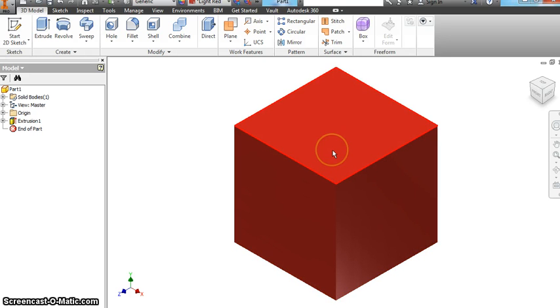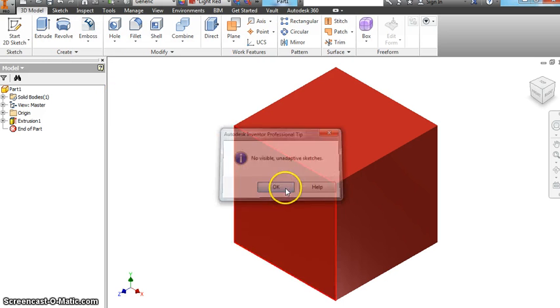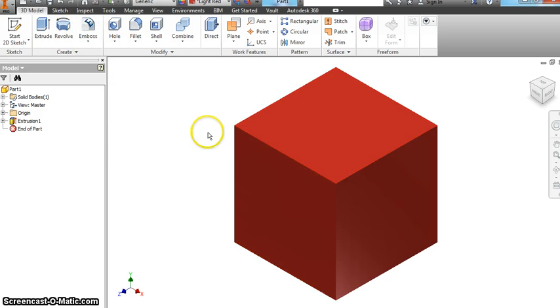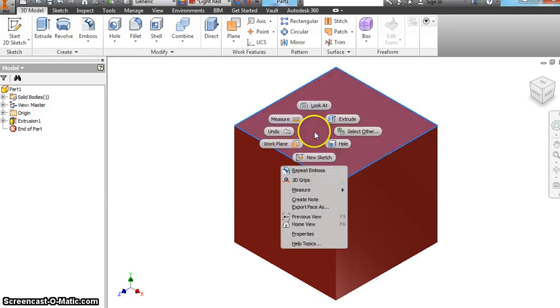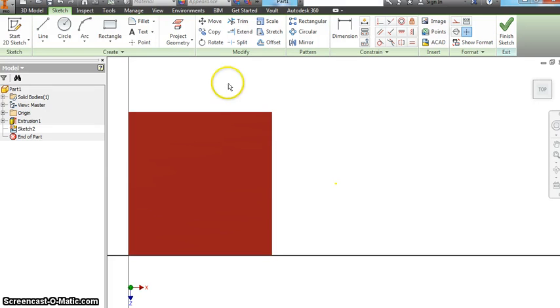Let's learn how to use some of this 3D text. The first thing you need to do, go from sweep and change that to emboss. Okay, that's going to say that for later. We're going to emboss it. Right click on the top of the cube, choose that as your new sketch, and let's put some text on there. Okay, we're going to put a text box,